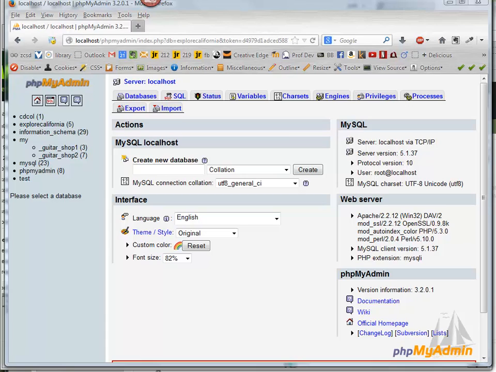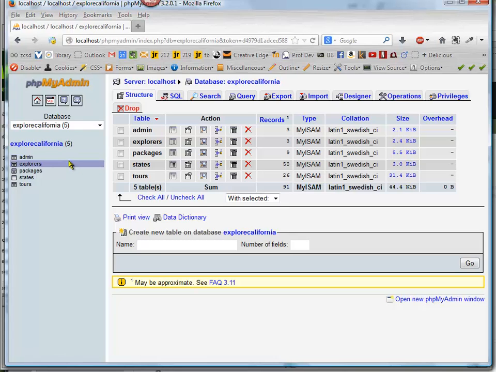So we're going to work through some examples of integrating PHP with MySQL to create a web-based application. And so the first thing that we need to do is set up the database, and I'm using the Explore California database, and I got this from the CIS9 server, and I exported it,